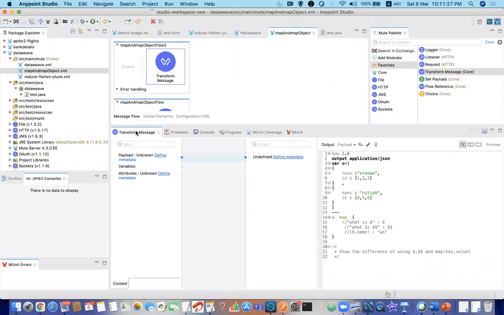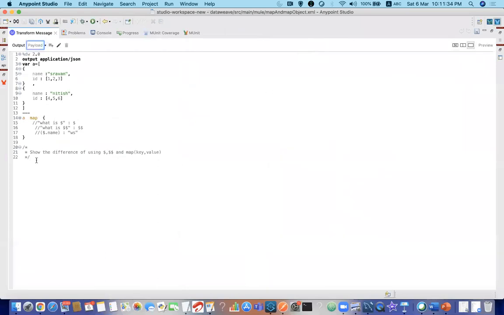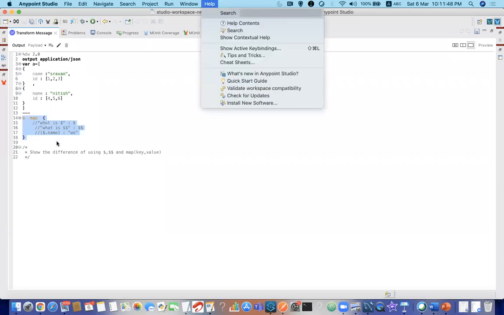Are you able to see my screen, right? Yes, Shravan, you're good. So the map operator can be applied on arrays, and whatever transformation you are doing, it will give the resultant output also in an array.